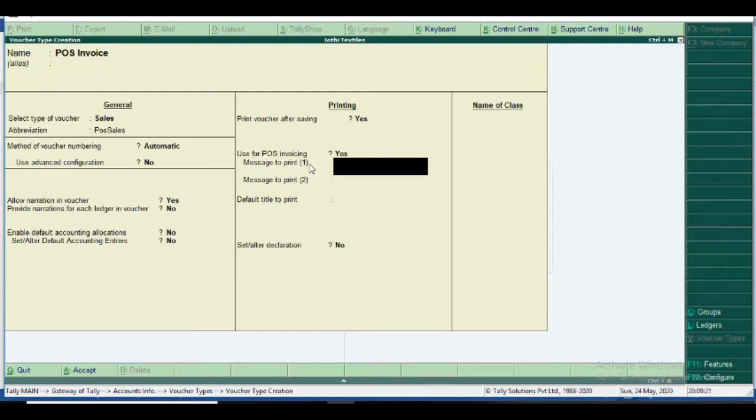So the retail bill contains some message, and message print 1, print 2 comes. First I give message 1 as happy Diwali. Then message 2 is visit again.